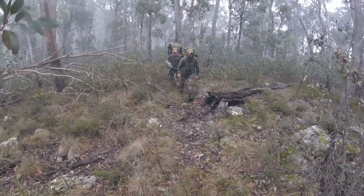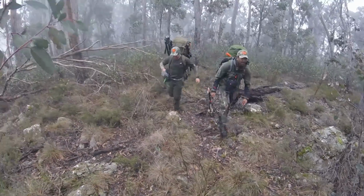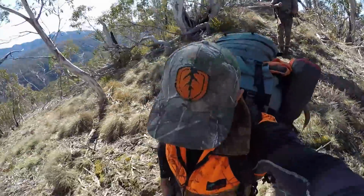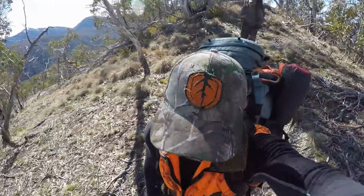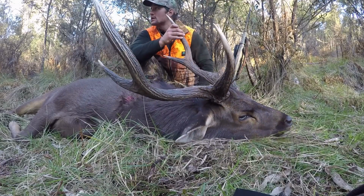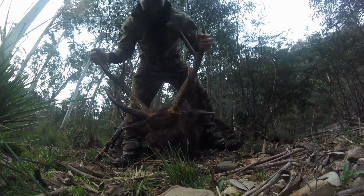I'm going to show some of my gear today, and it's all about backpacking into remote terrain, so it's going to be pretty light, not taking too much more than just the essentials when going out into the hills. Chasing some of the specimens behind me here. These are all Sambar trophies taken from the Victoria Highcountry over the last 10 years or so since I've been